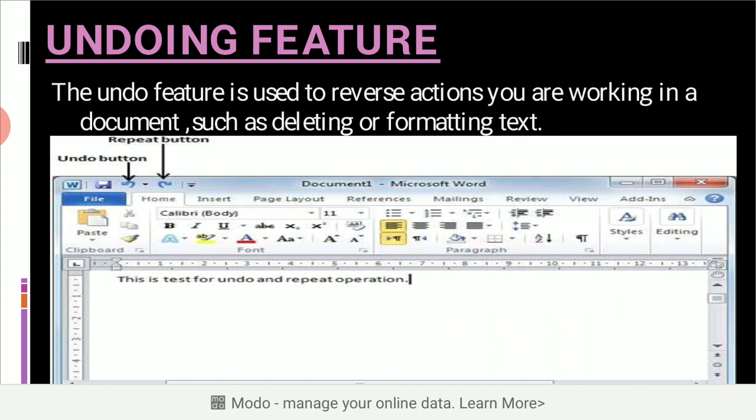If you want to recover your text, this feature is very useful. The shortcut key to undo is Control Z. This feature is useful when you delete text by mistake and want to recover it.